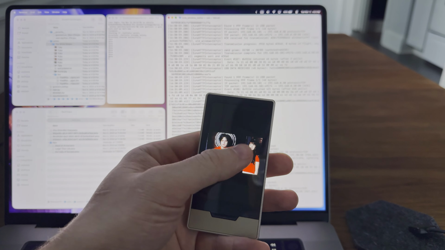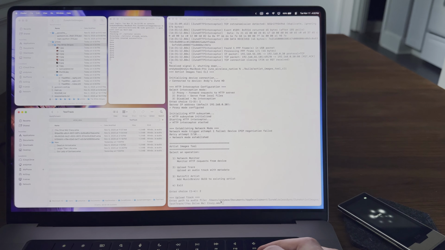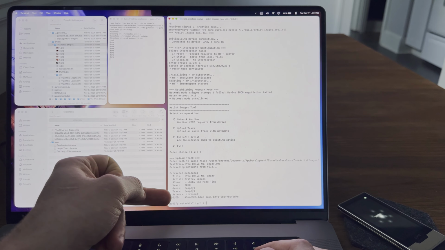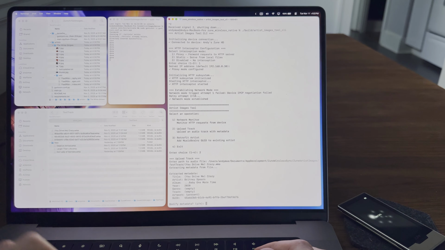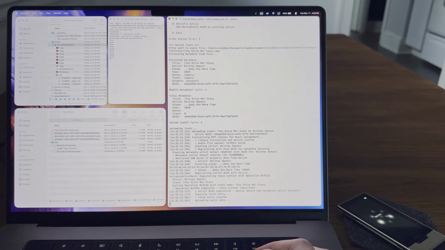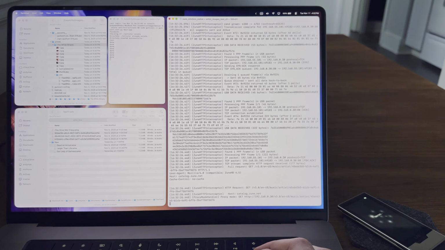Establishes the networking mode, and we'll upload a track. I'll go ahead and grab this Britney Spears track, and you'll see it finds the ID that's embedded in the track. We'll go ahead and hit yes. So now it's uploading the track, creating the artist metadata entry on the device,